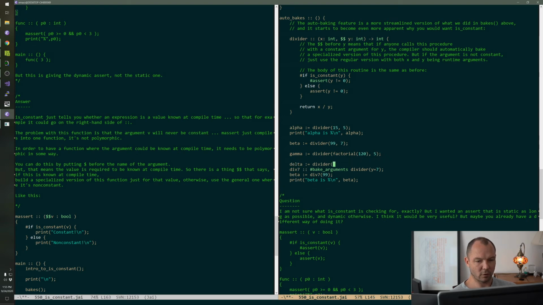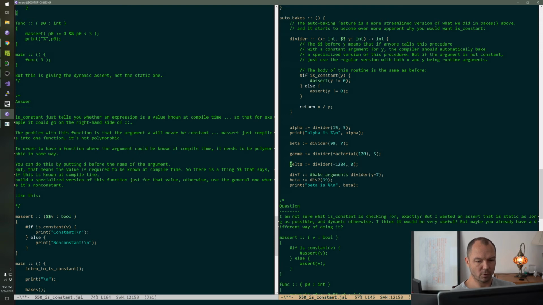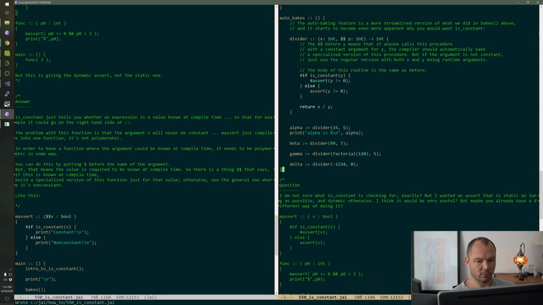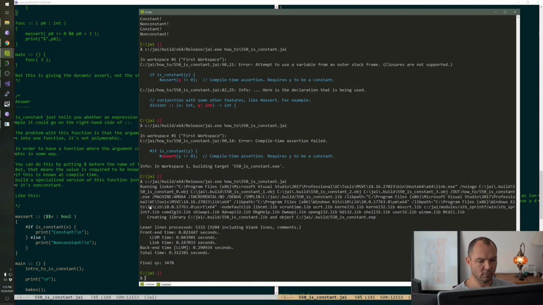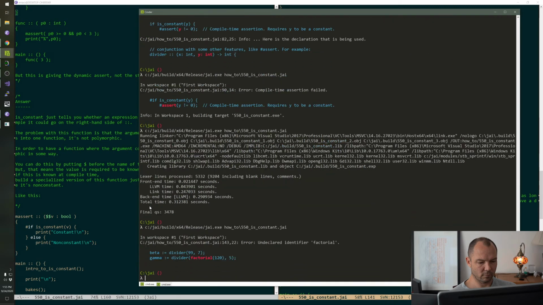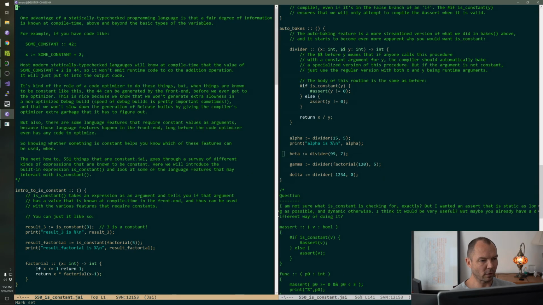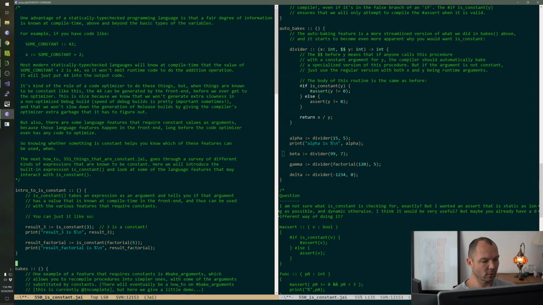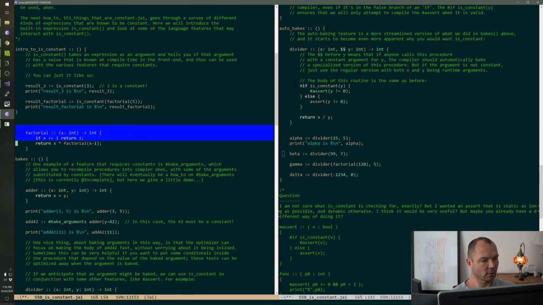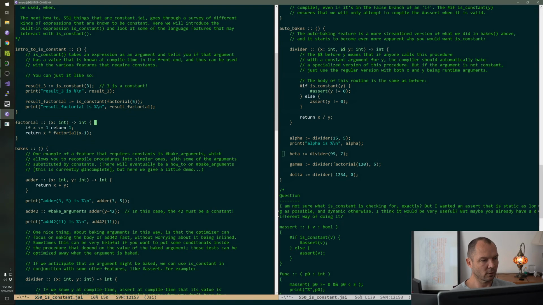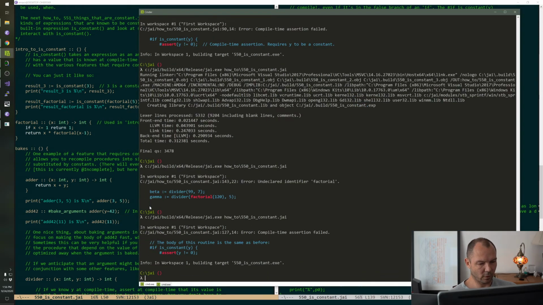Delta is divider minus 1234 comma 0, right? Oh, we got to put factorial. Okay. Compile time assertion failed.